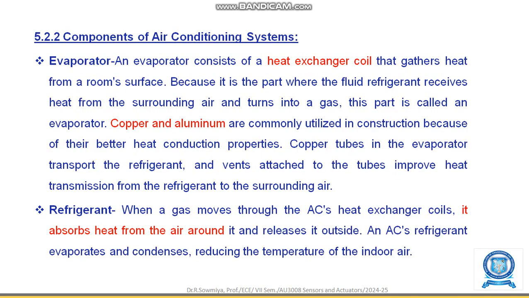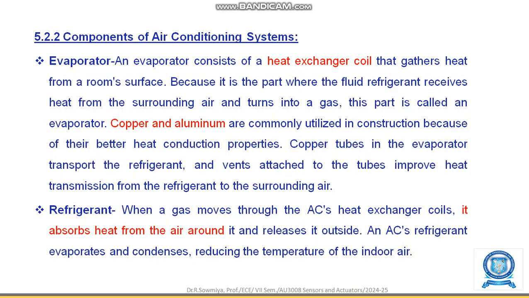Components of air conditioning system. Evaporator. An evaporator consists of a heat exchanger coil that gathers heat from the room surface. It is the part where the fluid refrigerant receives heat from the surrounding air and turns into a gas. This part is called an evaporator. Copper and aluminium are commonly utilized in construction because of their better heat conduction properties. Copper tubes in the evaporator transport a refrigerant and, when fins are attached to the tube, improve heat transmission from the refrigerant